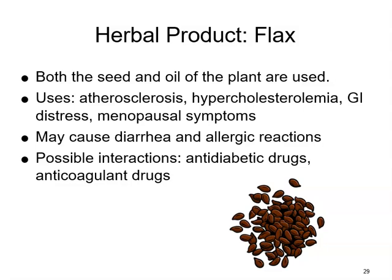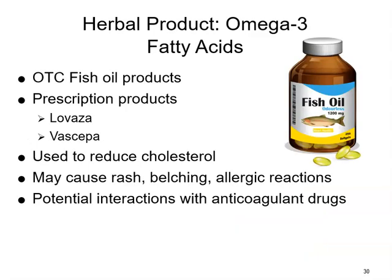And something that I don't know if it said in your text, but flaxseed can actually decrease the absorption of oral medications as well. So we would ask patients to consider taking them about an hour apart from their other medications if they're taking this product. All right, so the last herbal product that's available over the counter are these omega-3 fatty acids,